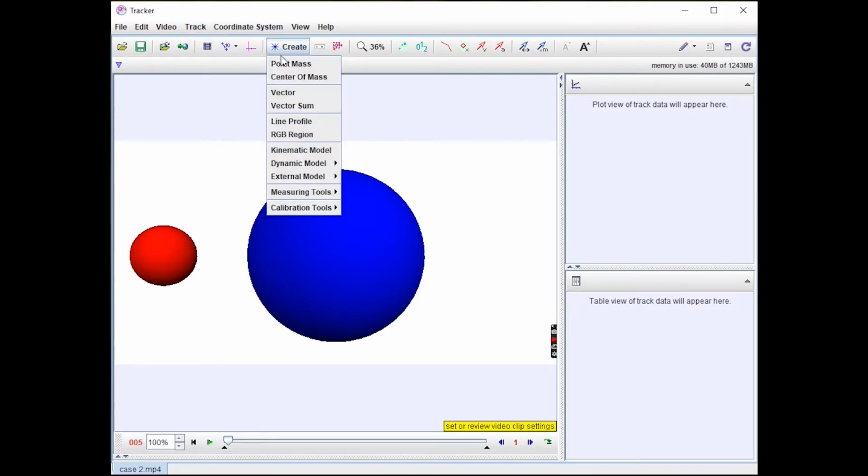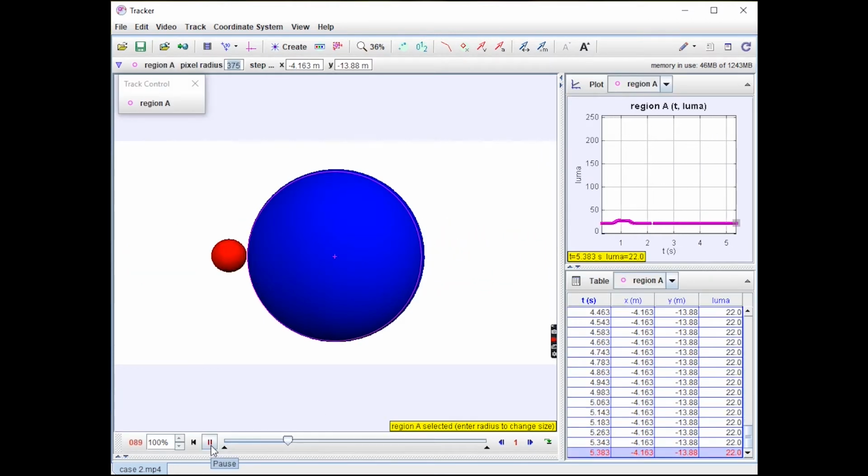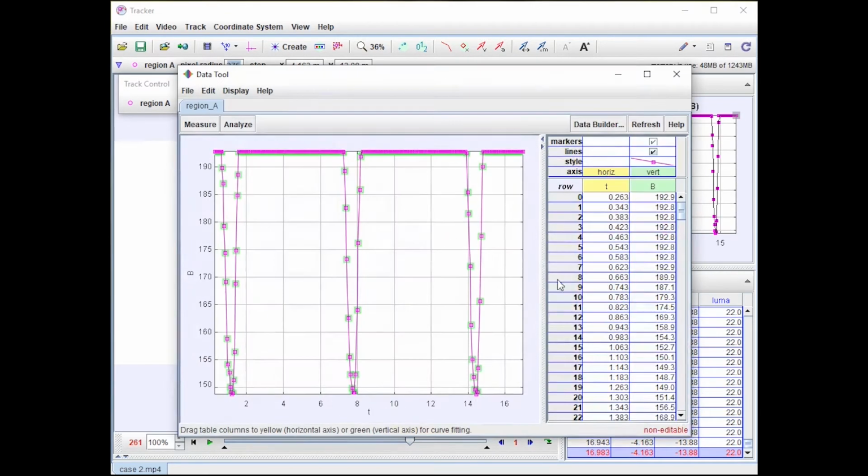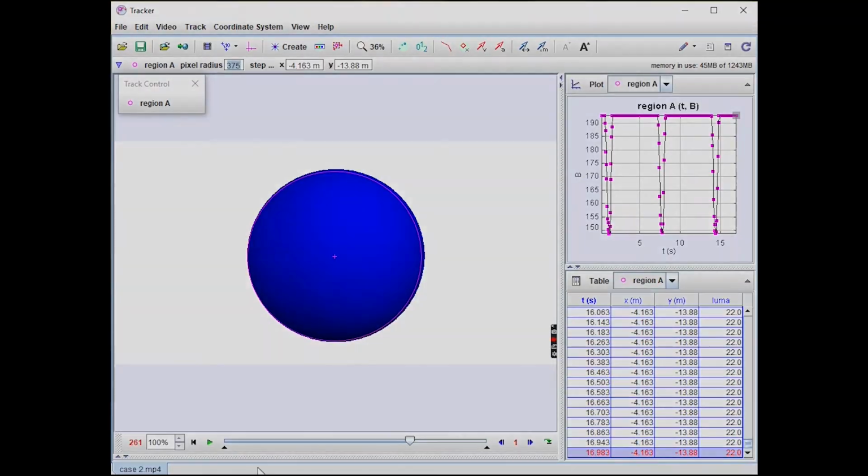Tracker uses an RGB profile region to generate the light curve and the respective data file in .csv format. This software can be used to visually note down all the observable parameters such as transit depth, transit duration, and the orbital period, and physically calculate the radius of the exoplanet and the orbital radius. Here we only consider circular orbits for simplicity.